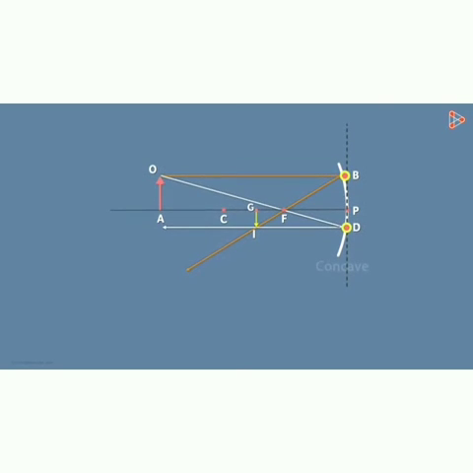Now consider two triangles which are similar: triangle OAF and triangle DPF. Are they similar? Just observe. We can say that angle OAF is equal to angle DPF, equal to 90 degrees. Yes, they are right angle triangles, and hence these two angles are 90 degrees.